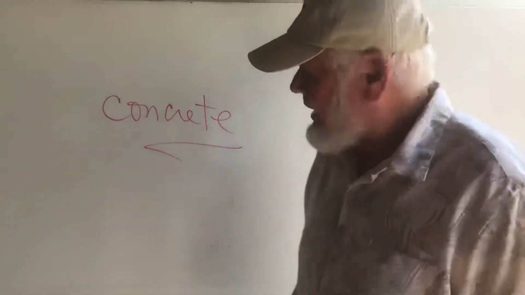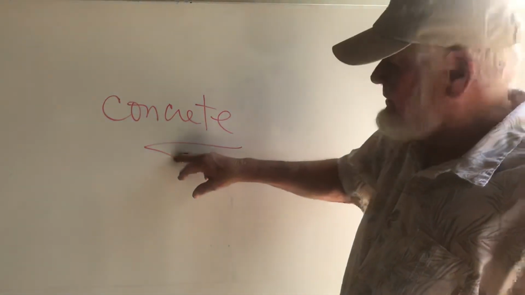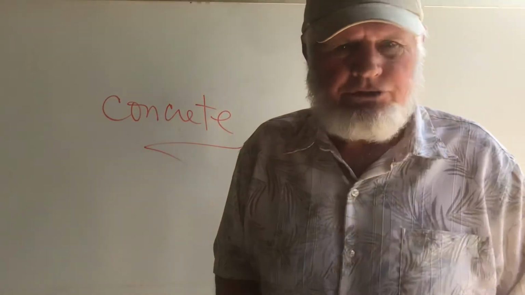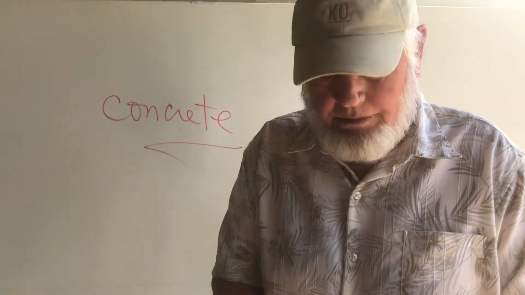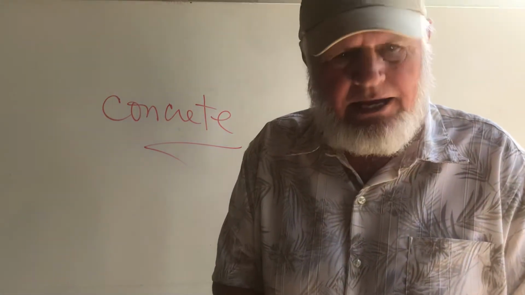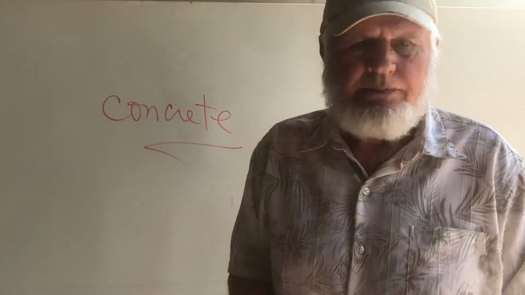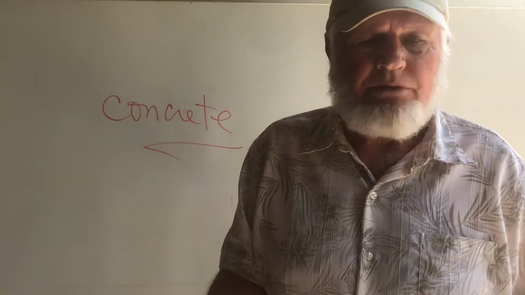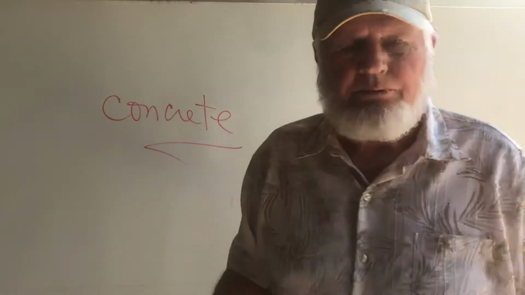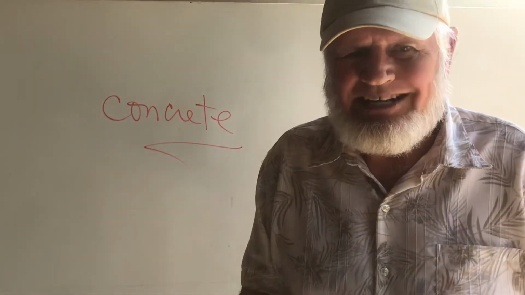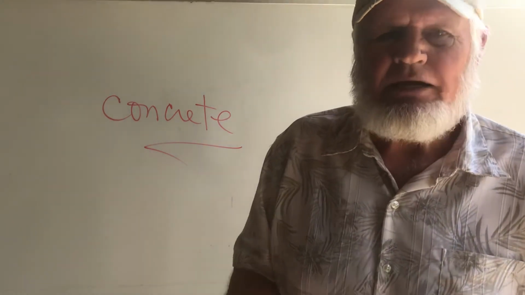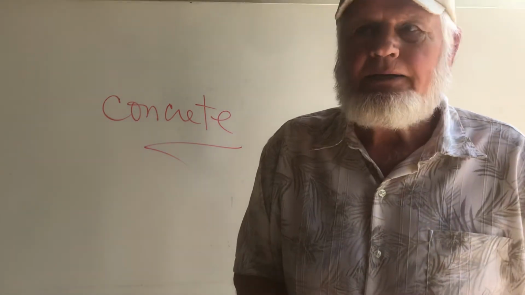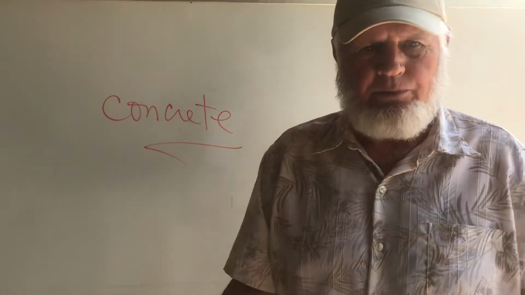Okay, so concrete is the topic. What is this stuff? Well, it's a mixture of some rocks and some sand and Portland cement. And Portland cement is made from limestone. We have an abundance of limestone in central Texas, and so concrete is not hard to get. It's easy to get. It's cheap, and provides a lot of natural conditions that we have to be